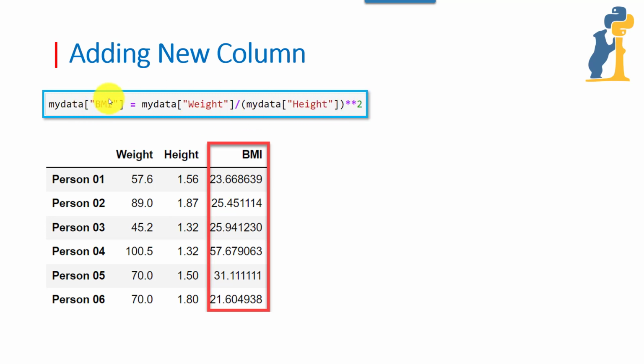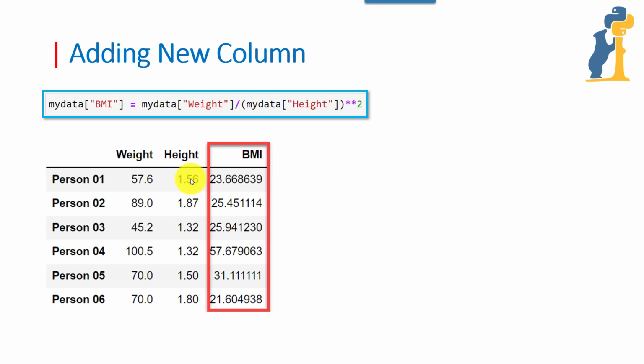If you write here a name for a column that doesn't exist in the data frame, it means that you need to add a new column with the name BMI. After executing this statement, you see here a column called BMI. It is the weight value divided by the height squared.